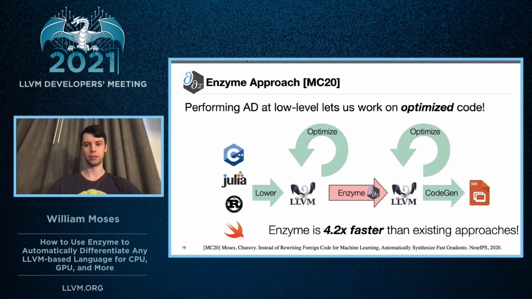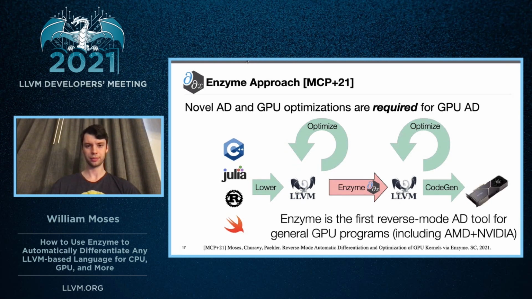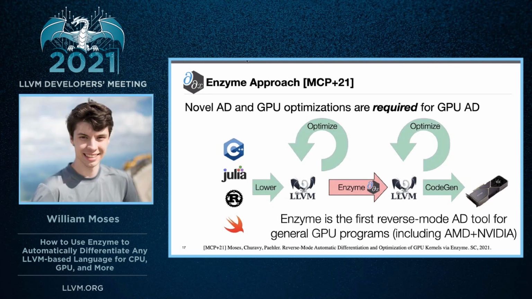Running on a full benchmark suite for both machine learning and scientific codes, we found that Enzyme is able to achieve a 4.2x speedup over those traditional approaches. We subsequently then attempted to go ahead and tackle GPU and some other parallel automatic differentiation, being that LLVM is not able to only emit CPU code, but also GPU code. And we found that not only were those existing LLVM optimizations able to provide a speedup, but in fact, on